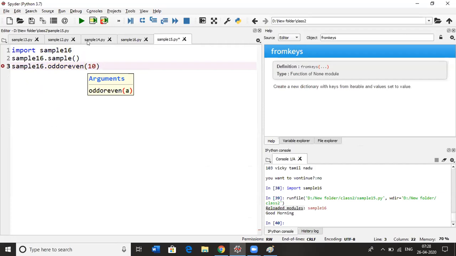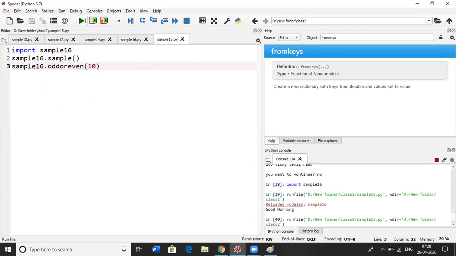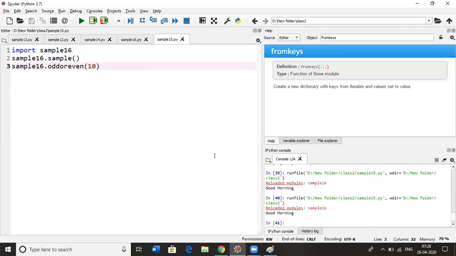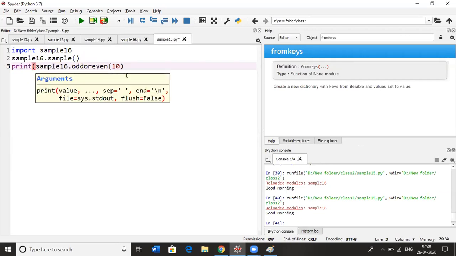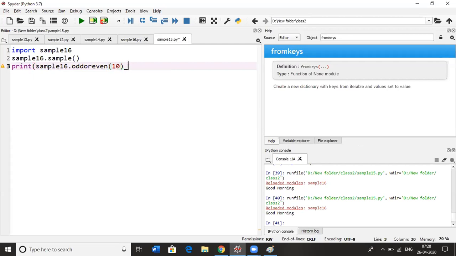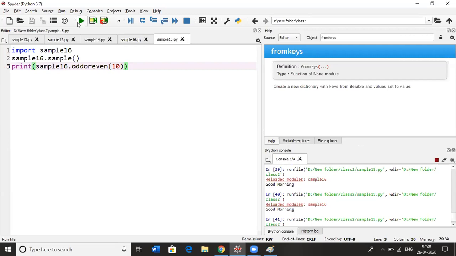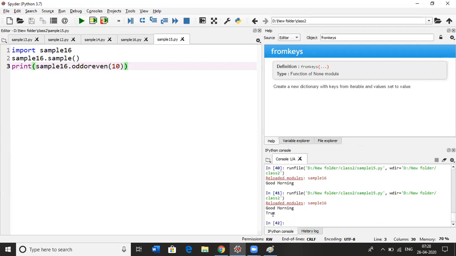I am passing 10. It will give me true or false. Sorry, we need to print that, because it is returning it. So we need to print after that. So now it's printing true. It's because 10 is an even number.